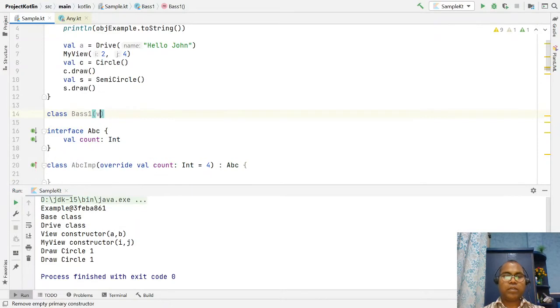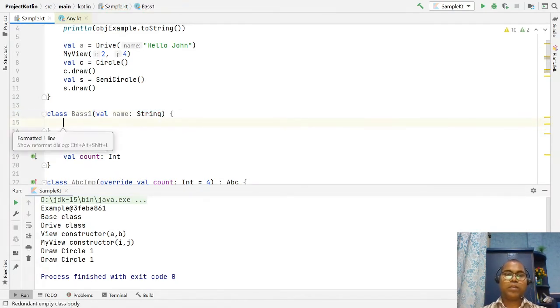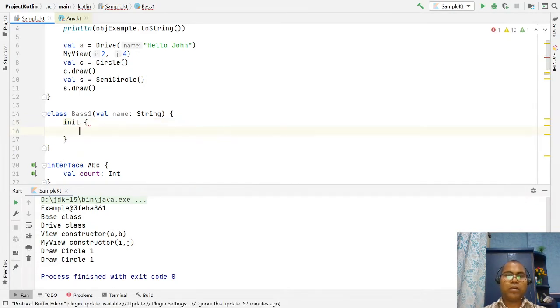Let's say the primary constructor has a name of type String. And here in the constructor we have an initializer block, the init block. Here you can write the init block of your Base one.